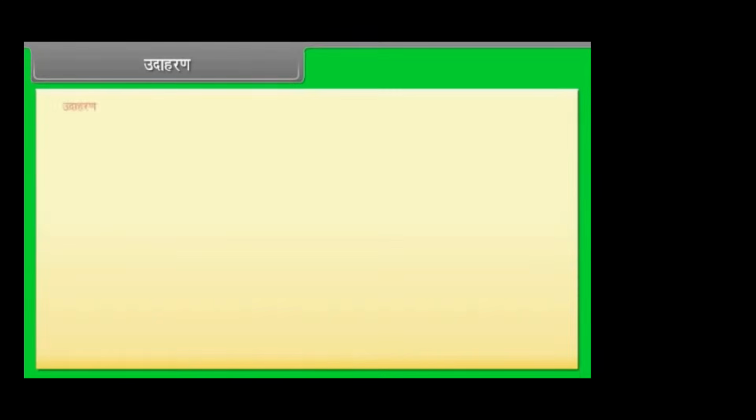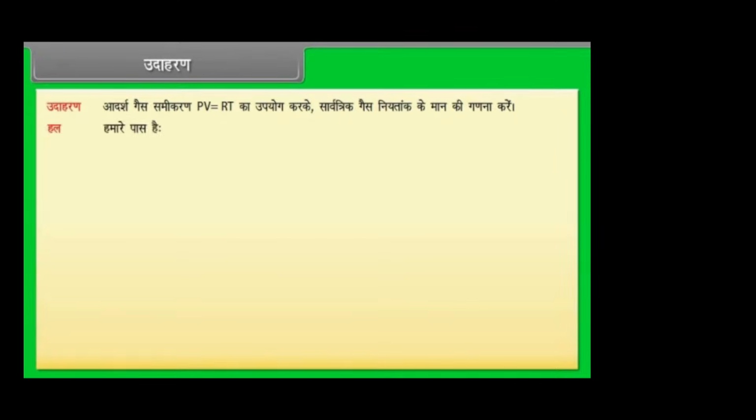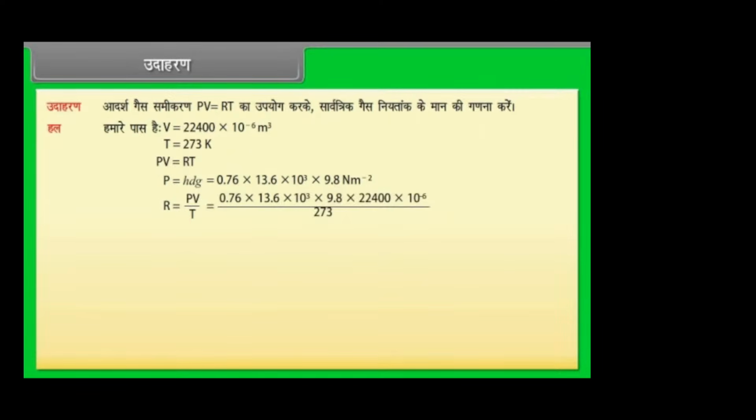उदाहरण। आइए एक आदर्श गैस के अणुगति सिद्धांत का उदाहरण देखें। आदर्श गैस समीकरण PV = RT का उपयोग करके सार्वत्रिक गैस नियतांक के मान की गणना करें। आइए इसका हल देखें कि हमारे पास है V = 22,400 × 10⁻⁶ m³, T = 273 K, PV = RT, P = hρg। अब हम मानों को रखते हुए R के मान की गणना करते हैं। R = PV/T = 2 कैलोरी मोल⁻¹ K⁻¹,